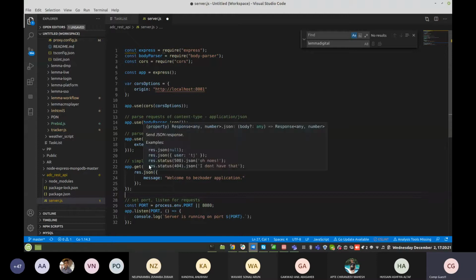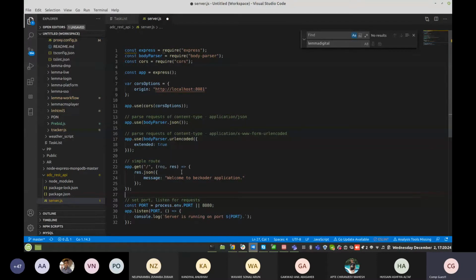Now here we added the simple route that we request. Whenever we run this particular endpoint through the browser, this simple root route decides what message you need to see.